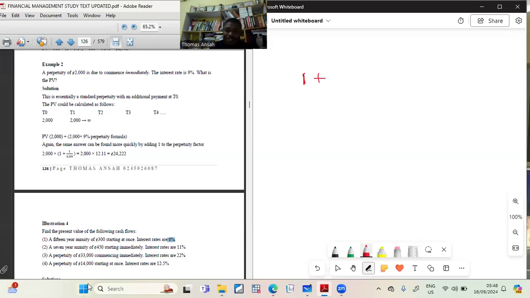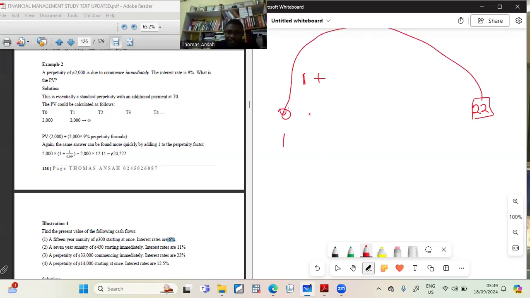So basically, that is that. So it's like you are removing the last end date to year 0 to PV it at 1. Then you do the annuity factor for the remaining. What do I mean? So if you are doing it for 22 years, then it means that you will pick the 22nd year to come to year 0 and PV it at 1. Then in between 1 to 21, you do an annuity factor for it. It's as simple as that. So this one,